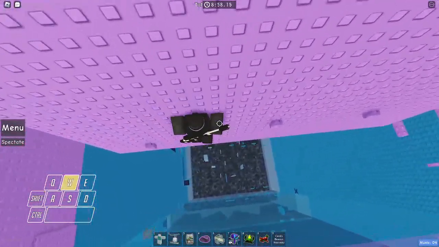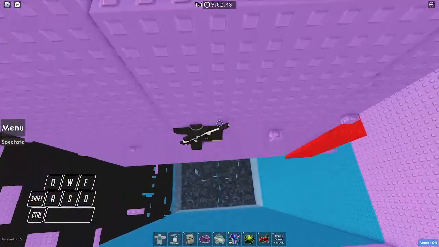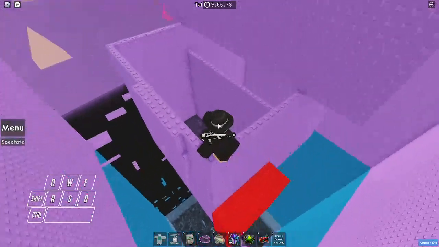I should probably mention that I don't think any of these skip a checkpoint. I'm pretty sure I've used all these skips before and have beaten the tower and did not get kicked. Anyway,